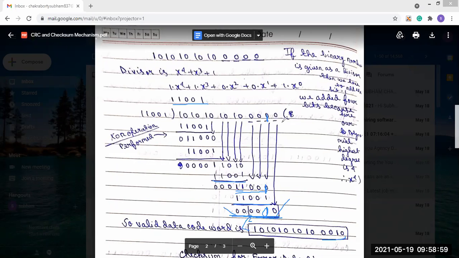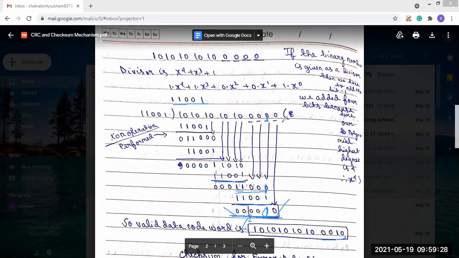So this method is basically known as the cyclic redundancy check. In your exam, mainly the mathematical operation is given from there. The mathematical operations, some code, some divisor or dividend will be given. It may be in any form. It may be given in the binary form, or it may be given in the polynomial form. If polynomial form is given, you have to convert it into the binary form.